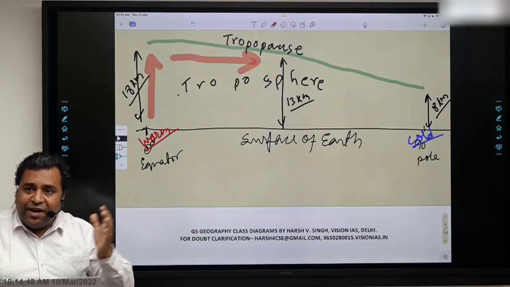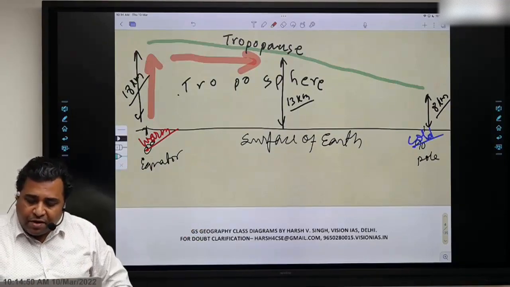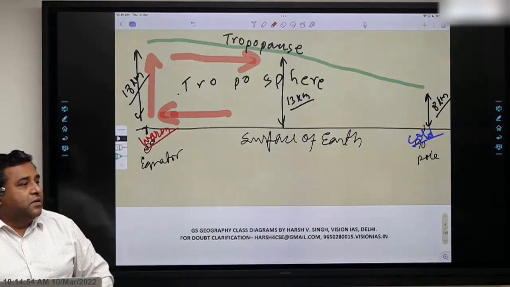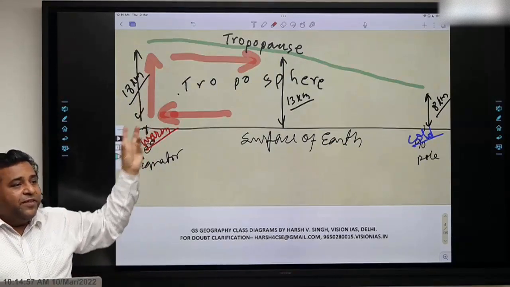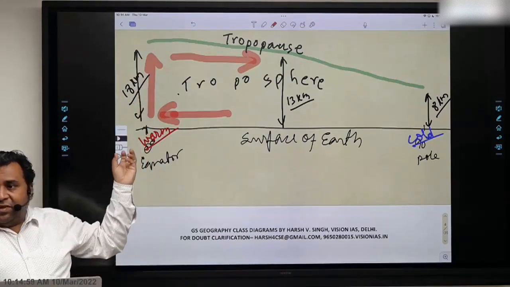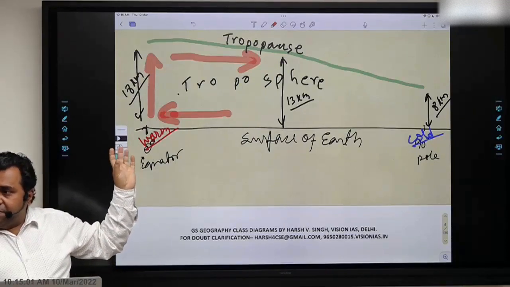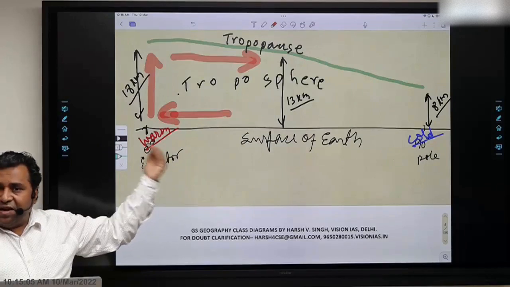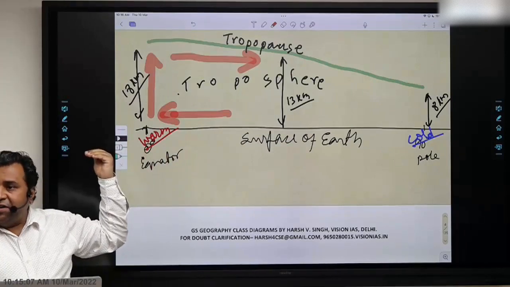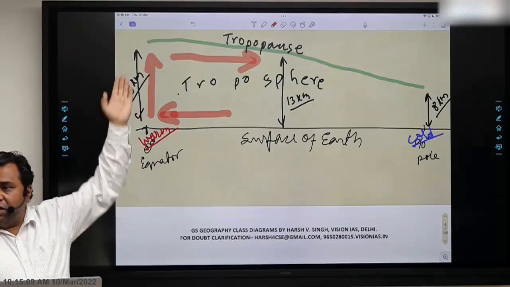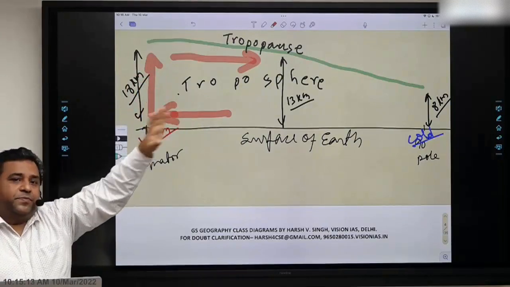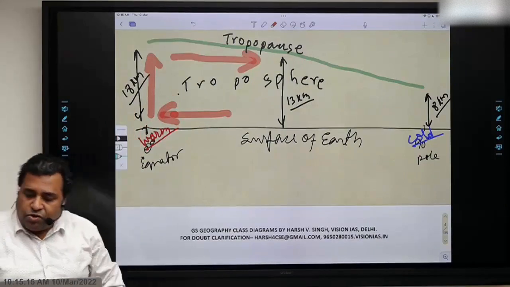The surrounding air will try to come in. So we can say that in this region, surrounding air will try to come in like this. This is how the hot region will behave. The equatorial tropical hot region will behave something like this, where the air horizontally will come into that region and vertically go up, and then on the top mechanically it will spread. Is that okay? Now what should happen in the polar region?